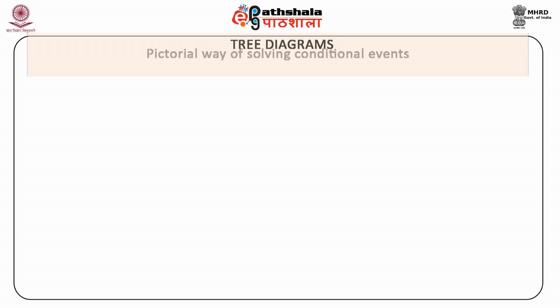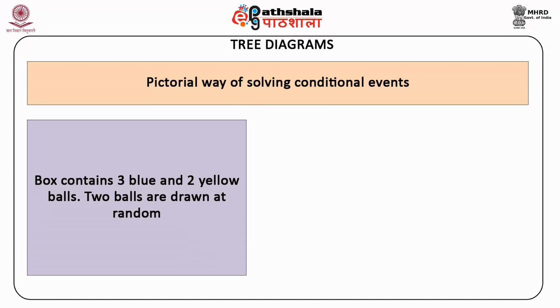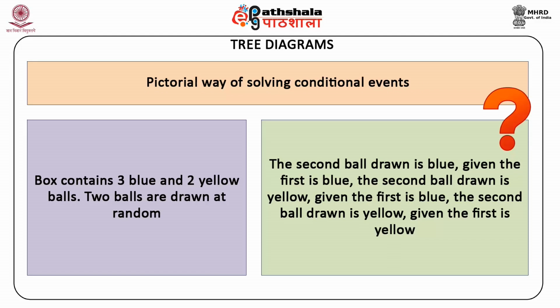Moving on to understand the meaning of tree diagrams. A tree diagram is a pictorial way of solving conditional events. The following illustration will explain this method. A box contains 3 blue and 2 yellow balls. 2 balls are drawn at random. Through a tree diagram, find the probability that the second ball drawn is blue given the first ball is blue, the second ball drawn is yellow given the first is blue, the second ball drawn is yellow given the first is yellow,